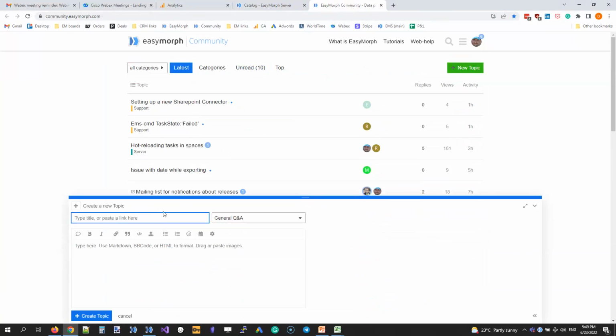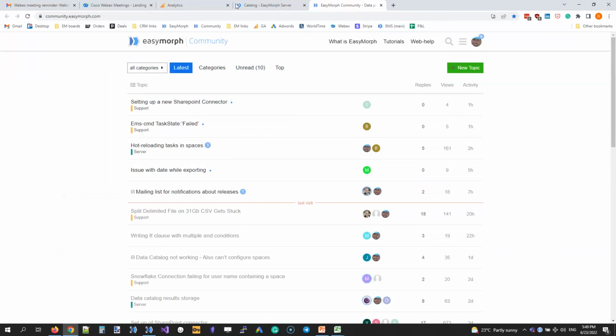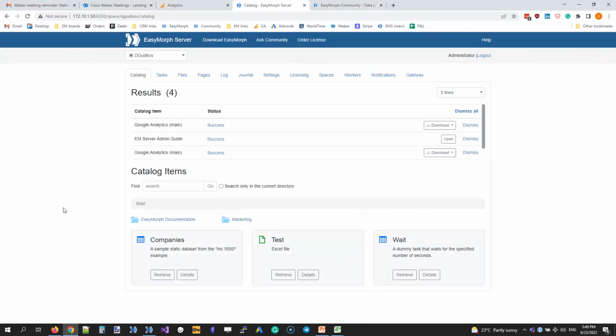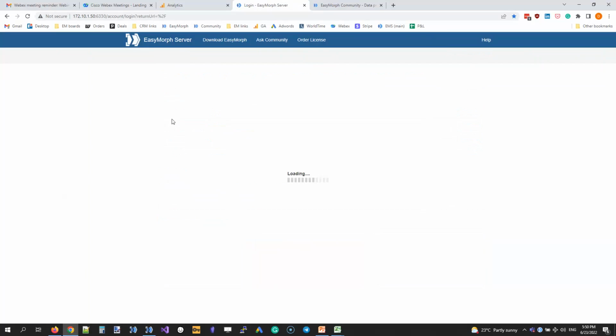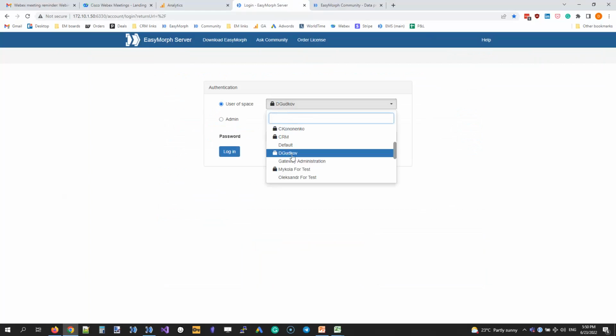This is a very similar question to mine. It's a data catalog focused user that doesn't use the EasyMorph server for anything else but the data catalog. So the primary focus would be the data catalog. The other tabs wouldn't be there. It would just be things for the data catalog. It'd be much more user friendly. Oh, okay. I see. The question is whether other tabs can be hidden. Yes, they can. Simply speaking, yes, it is possible.